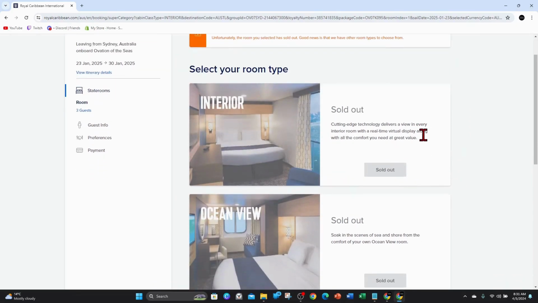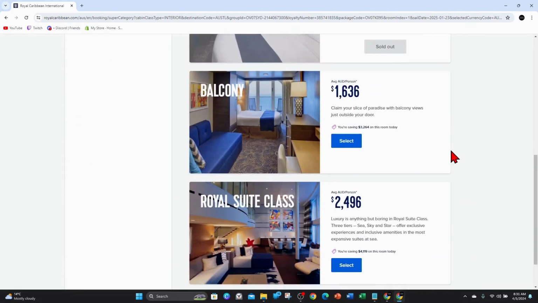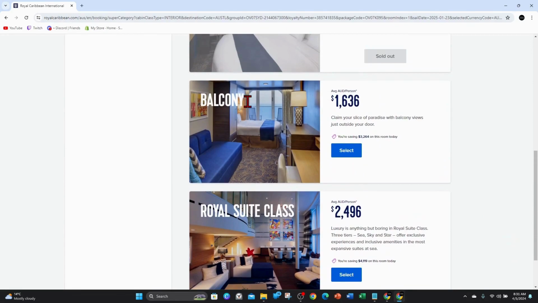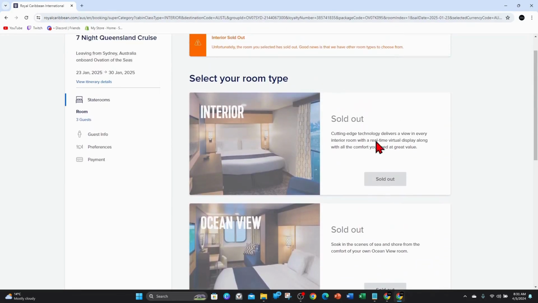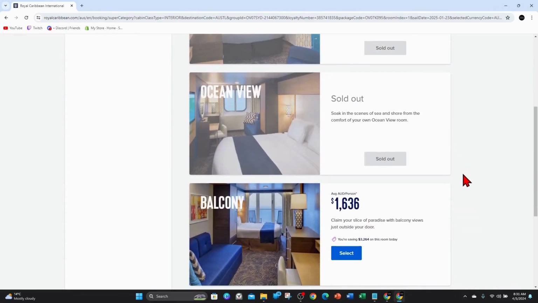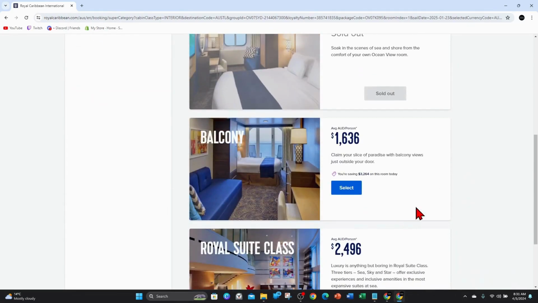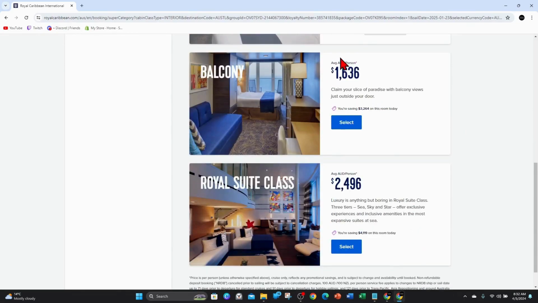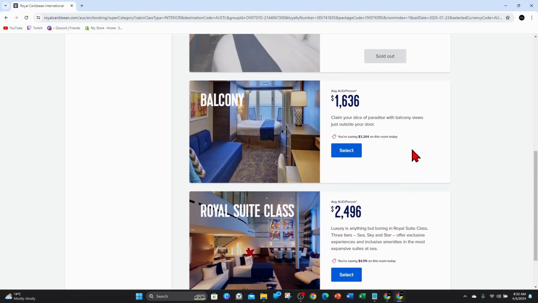Alright, as you can see, I'll come to this. If I want to do a suite, a balcony, ocean view or interior. As you can see, interior and ocean view are all sold out, but luckily enough there's a balcony room available, and I'll show you the discounts as well. If I choose this, you're saving $3,264 on this room today. We've got future credit with this cruise line, that's why it's that much. So if I want to do balcony, I'm going to click on select,